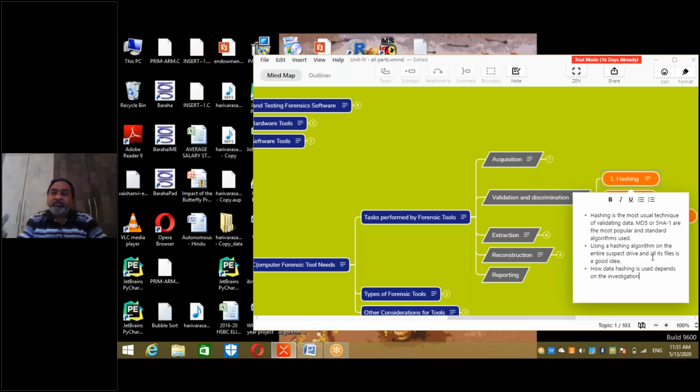So hashing of the entire disk is a good idea. How data hashing is used depends on the investigation. That means how you are hashing depends on you. As I said, is it a logical partition, only a file, only a folder, an entire partition, or an entire disk? That decision making is in your hands only.